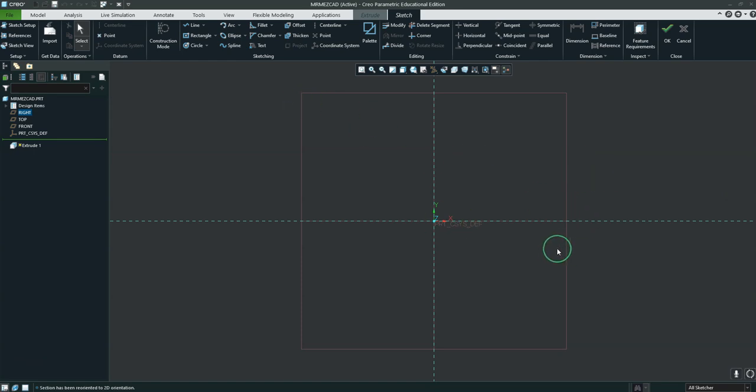Now the next thing I'm going to do, and you're going to see this in all of my videos, is I try and think about where my datum planes are, because a good modeler always wants to consider where their datum planes are going to be for a whole bunch of reasons. It might be a center of gravity analysis that my students are going to do, or, most likely, I'm trying to think of what's the easiest way to set up constraints, set up dimensions, or even the easiest way to assemble this part to other parts that assemble to it later on